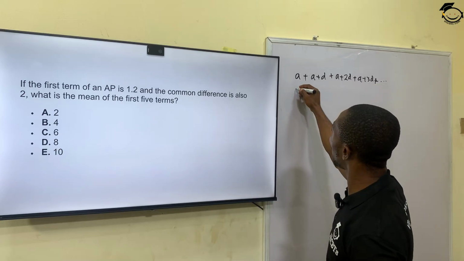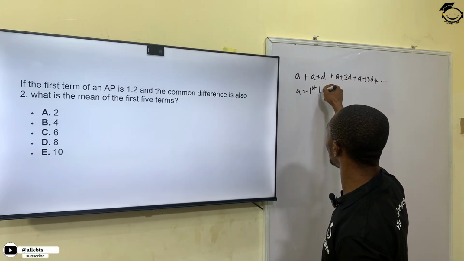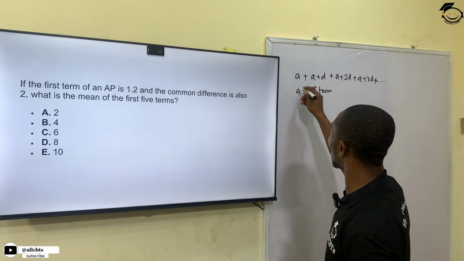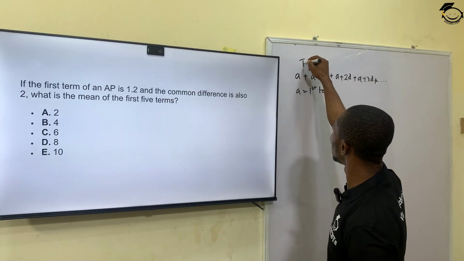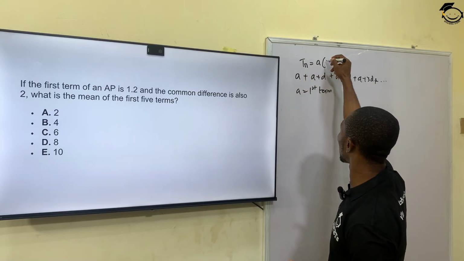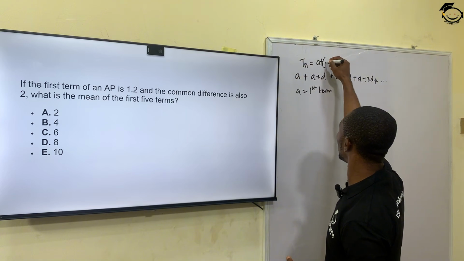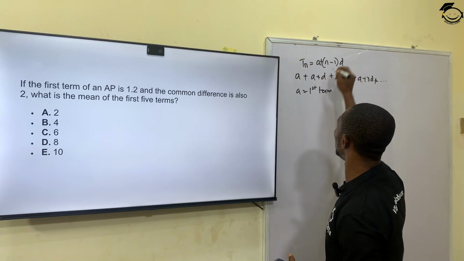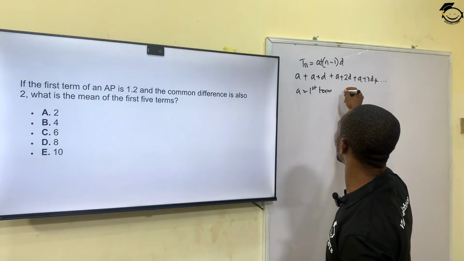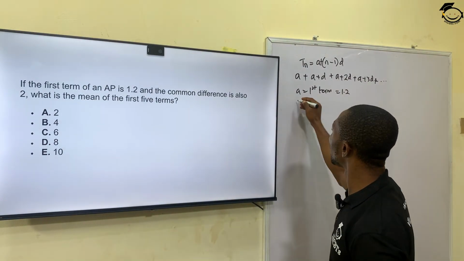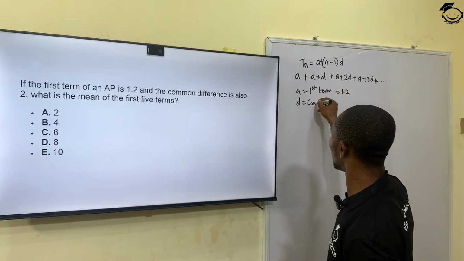All right, our general formula for this is Tn equals A plus bracket open n minus 1 D. Now A is our first term, which is 1.2, and D, our common difference,